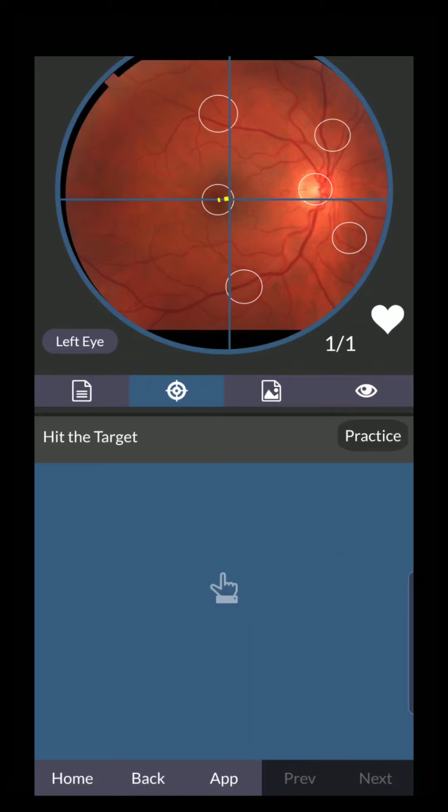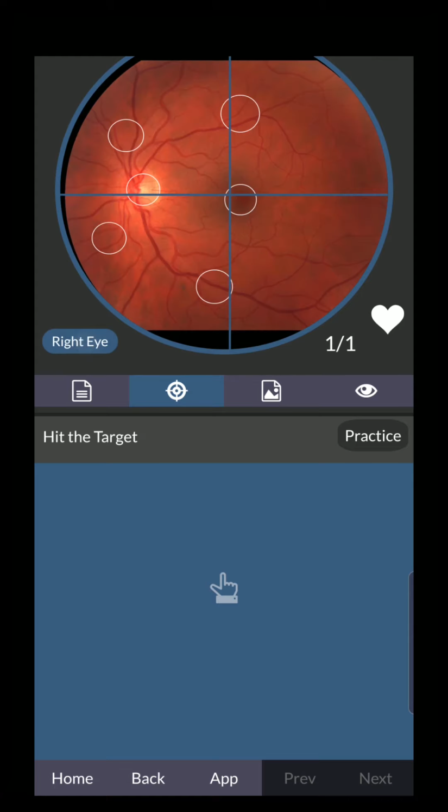nerve fovea, or the optic fovea, which is the most sensitive part of the eye, and you don't want to spend too much time there, because it hurts the patient. The bright light hurts the patient in that particular location. So that allows you to practice the order of the examination, so you get into a routine of not missing anything. And also you could practice left and right eye by switching eyes, and make sure you practice both left